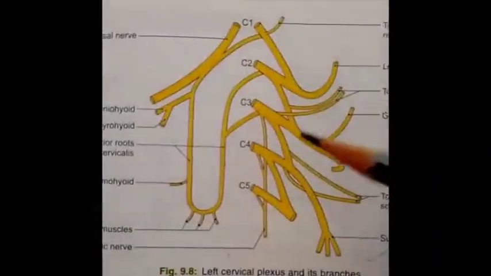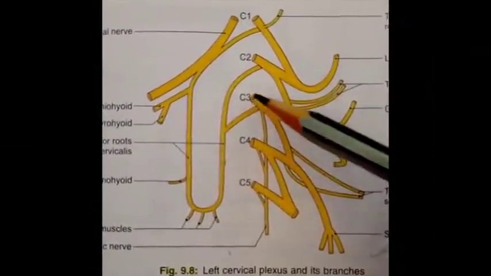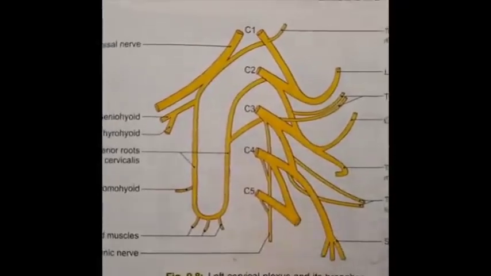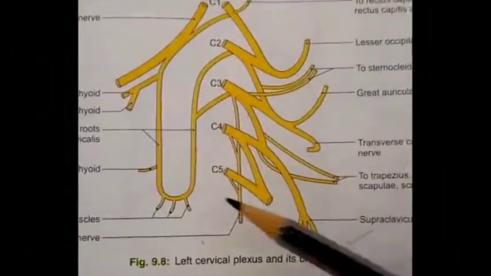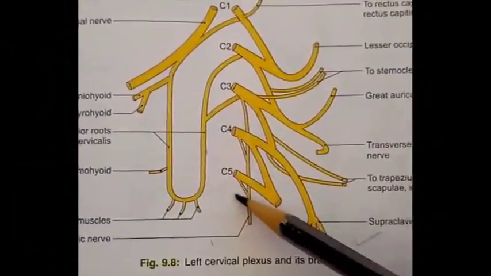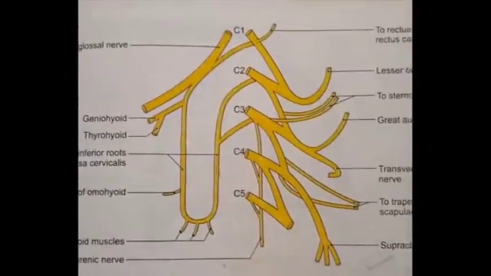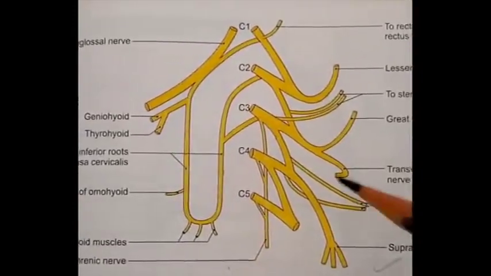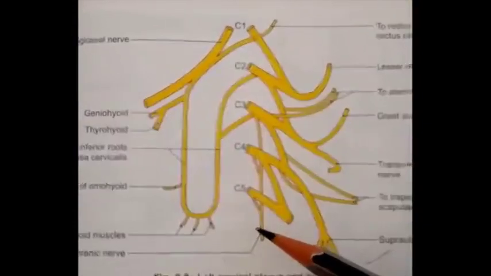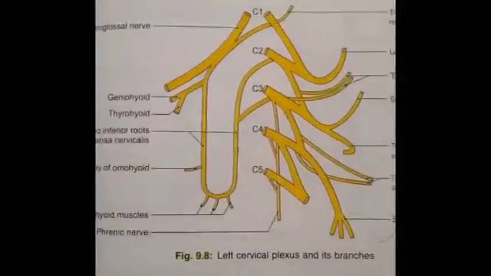The phrenic nerve is formed mainly from the fourth cervical nerve, but also receives contributions from the third and fifth cervical nerves. The contribution from C5 may come directly from the root or indirectly through the nerve to subclavius. The nerve coming from the subclavius muscle, that contribution, is known as the accessory phrenic nerve, which later on joins the main phrenic nerve.